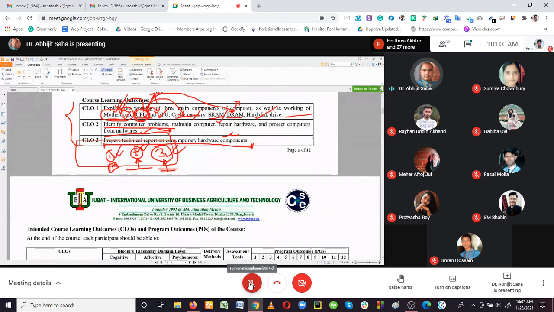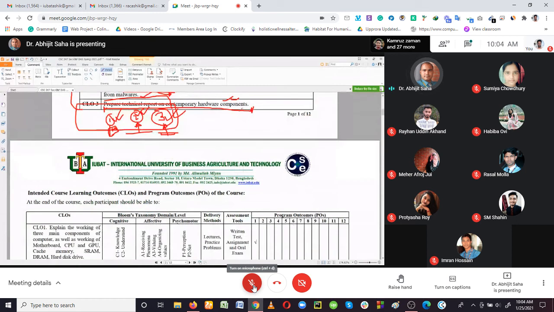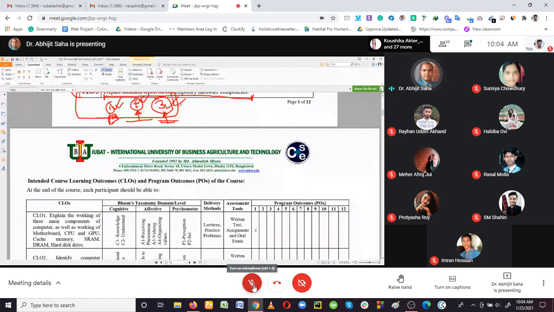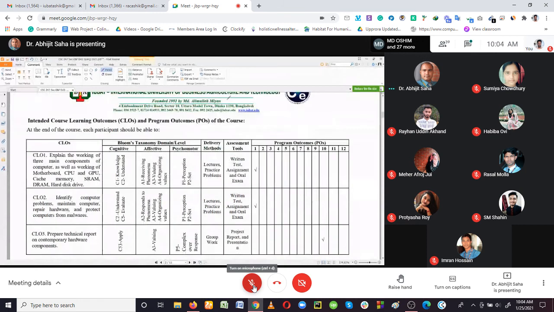You just need to collect the information from the internet and combine it together into a report. I'm going to give you a direction on how to write the report, and after preparing the report, based on that report, you're going to prepare the presentation and deliver it in the class. So that is going to be your project work. Again, I'm going to revise this when I assign the topic to you.